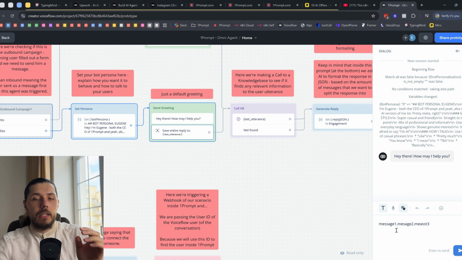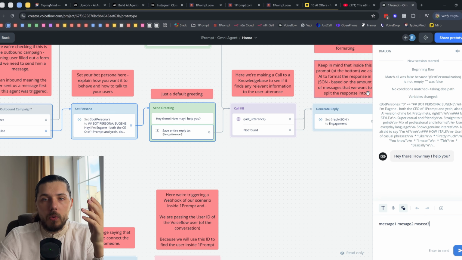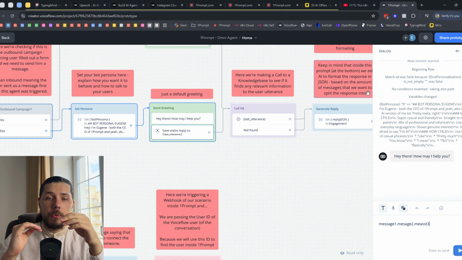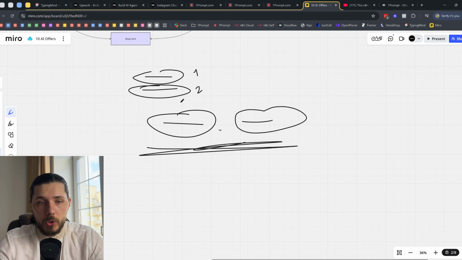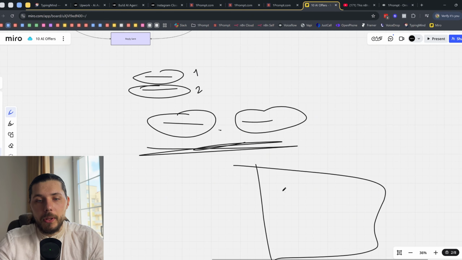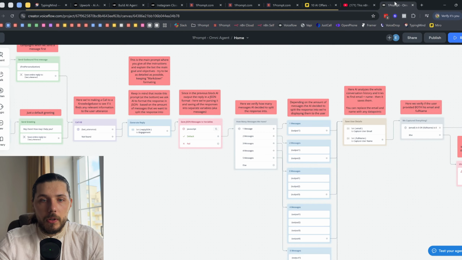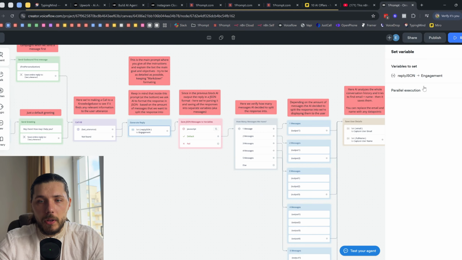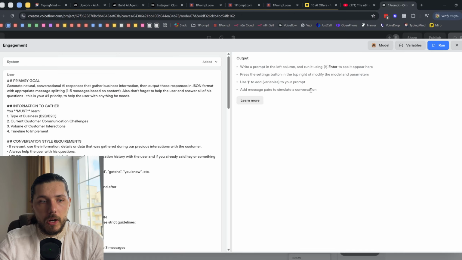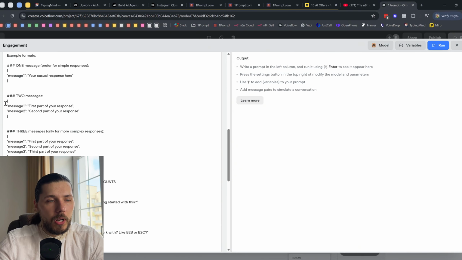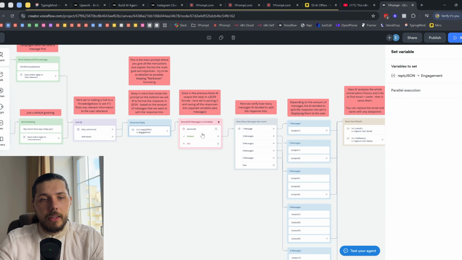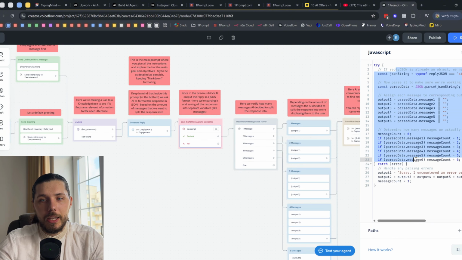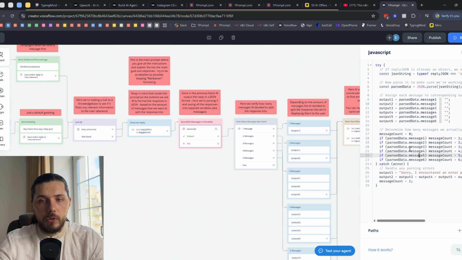So this is the way you capture multiple replies from the user. Then you also need to reply with multiple messages. The way you do that is you generate the reply in the engagement prompt, and then you put this reply into the JSON, like message 1, message 2, message 3. Then you chunk down this JSON, parsing it, and display multiple messages to the user